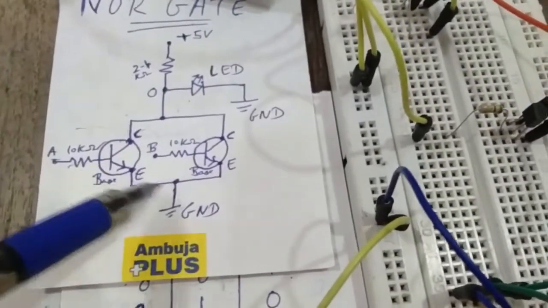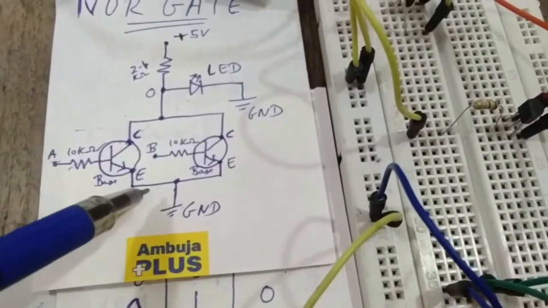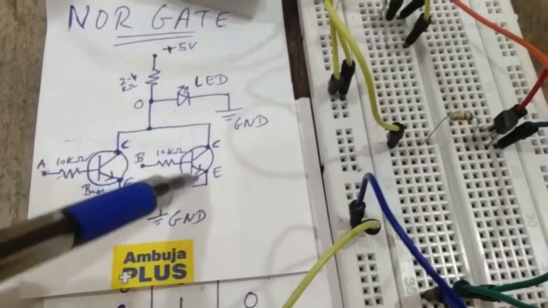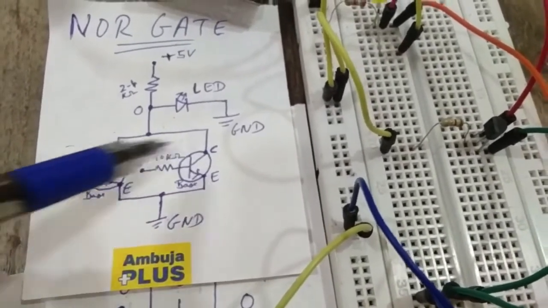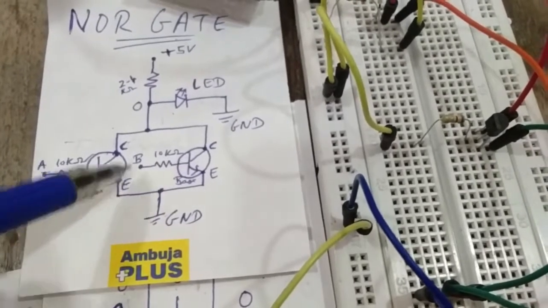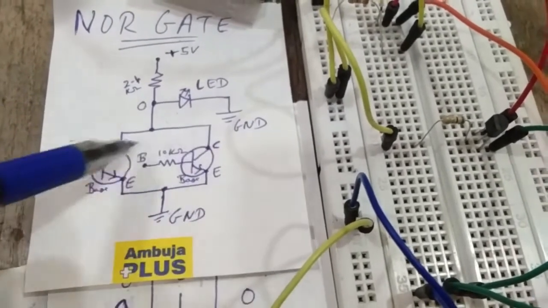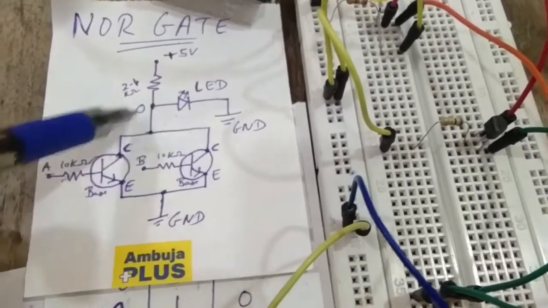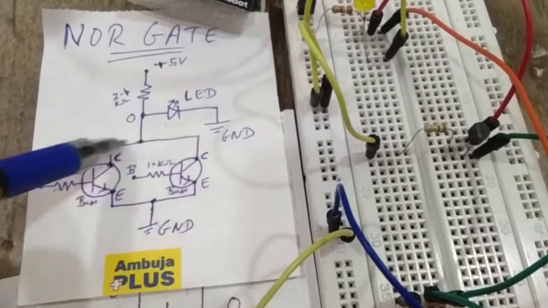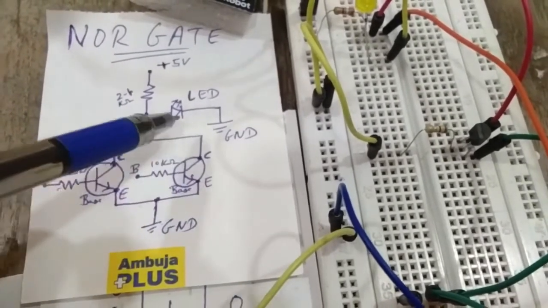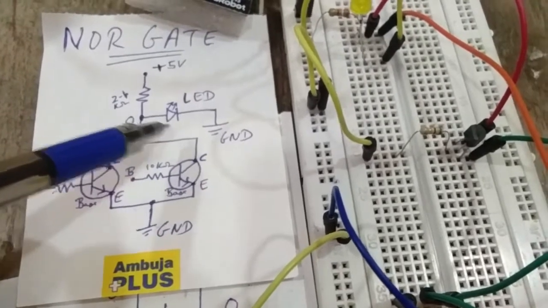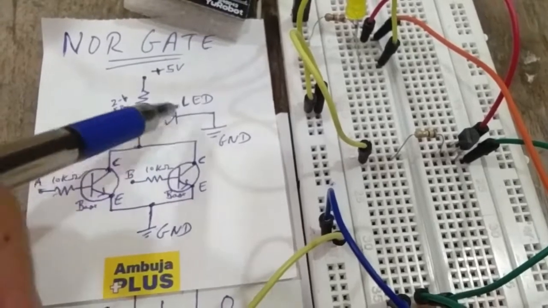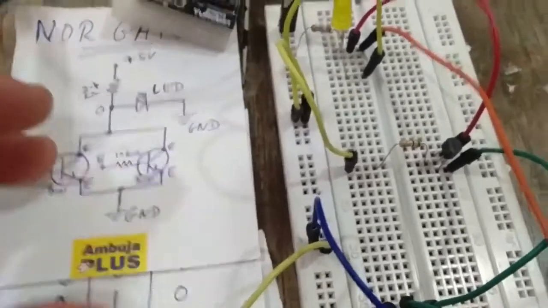Since we have ground, this 0 voltage comes back to the emitter, and this emitter, connected in a straight line path with the collector terminal, sends 0 volts to the collector also for both of them. Hence the output terminal, the LED, is connected directly with the collector terminal of both the transistors. So the output will also receive 0 input, and hence the output will be 0 and the LED will be off. Now let's see this practically.